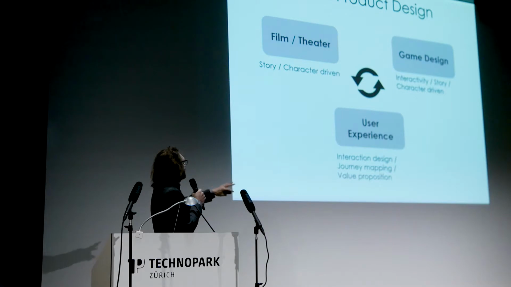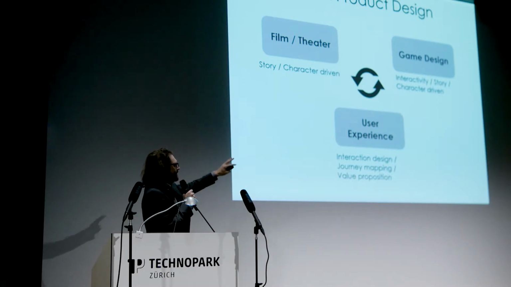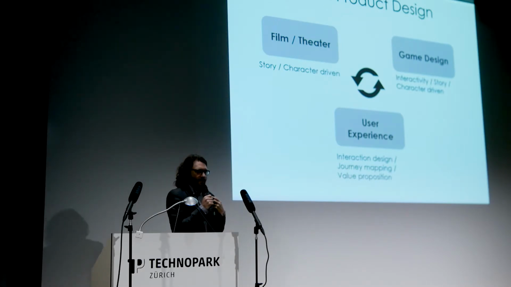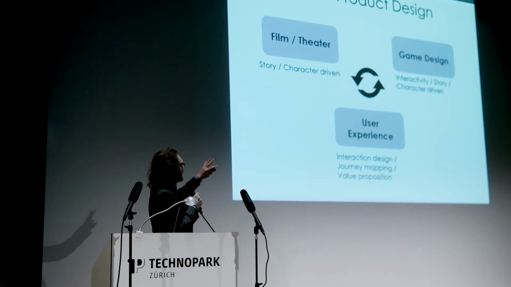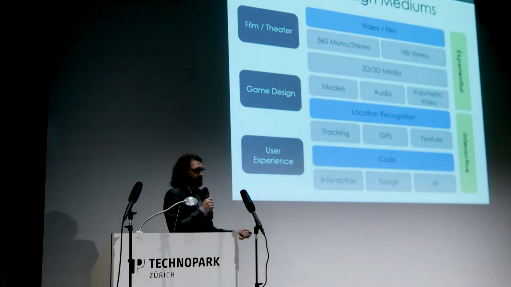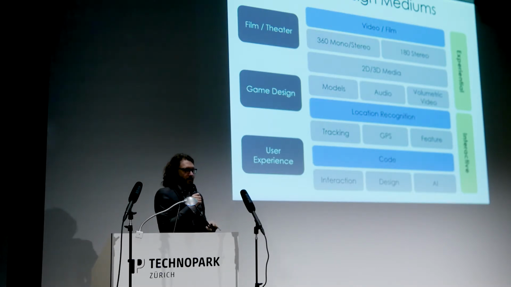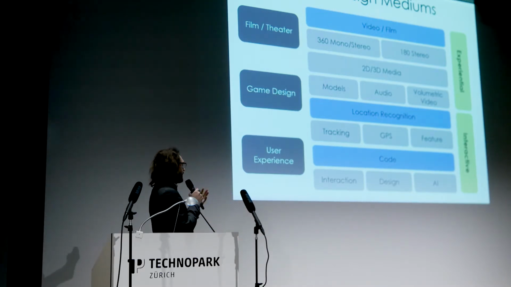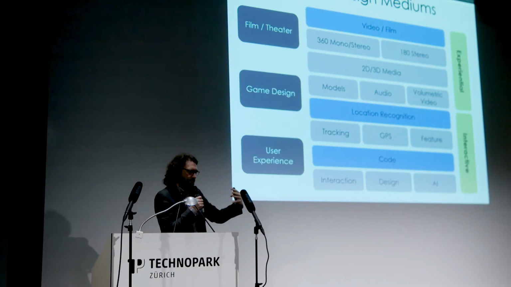So if we focus on these core areas: film design, where we have story structure and narrative; game design, where we understand interactivity and how to onboard users in the process; and user experience, where we might be doing things like journey mapping and experience mapping. We can create a story for how the user is going to interact with our environment. We can bring all these together and adapt them to the different experiences that we're trying to develop. Because if we really look at the mediums that we have to work with, whether we're talking about augmented, MR, or AR, we have location, we have coding, and artificial intelligence for how different elements are going to interact with the users, for example.